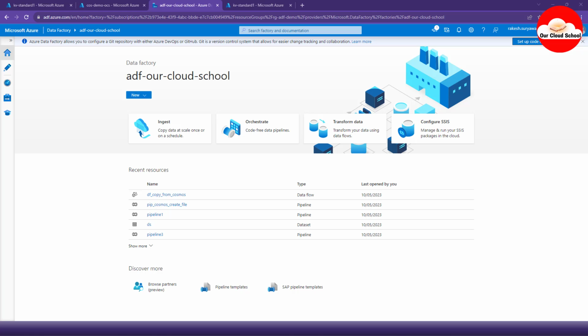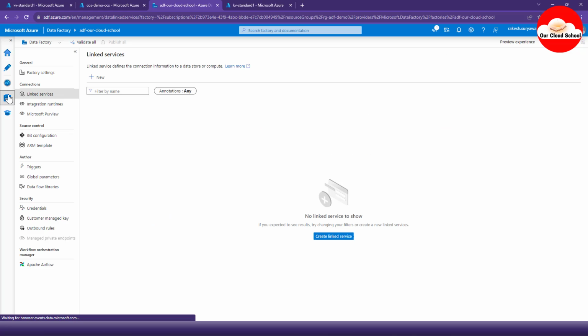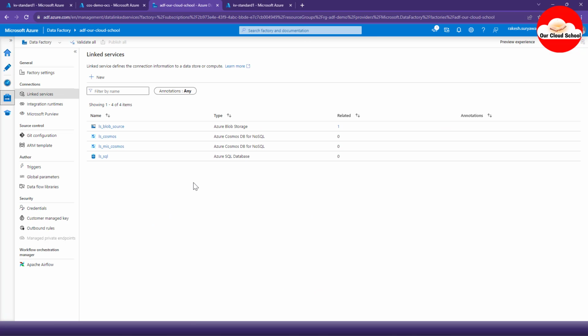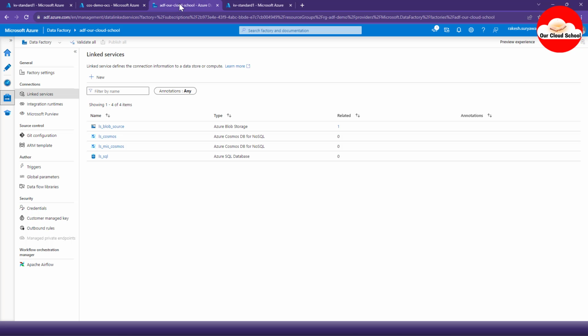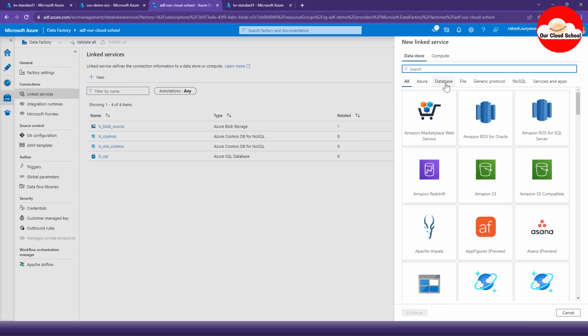So this is my data factory instance which I'll be using for the demonstration. Let's click on the Manage option. That is where we are going to define a parameterized linked service. For the demonstration, I am going to use the Cosmos DB type of linked service because I have this Cosmos DB instance created in my Azure subscription, and that is what I want to use to fetch the data in this demonstration. First of all, I'm going to click on this New option to define a new linked